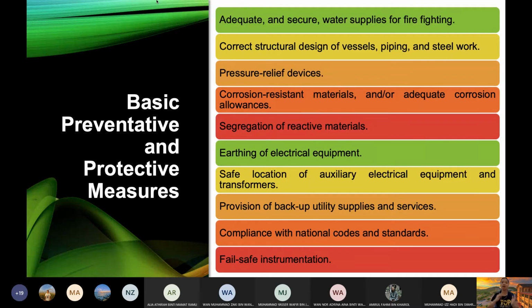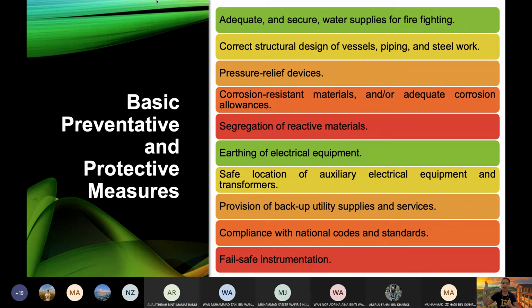So again, sama juga. Protective preventive measures ni dia mesti berkait dengan apa hazards yang kamu identify tadi. Okay, so these are among those that you have to consider. Of course, adequate secure water supply for firefighting, correct structural design of your piping vessels, pressure relief devices. So make sure that all your equipments with high pressure, means kalau dalam chemical plant kamu identify yang kamu